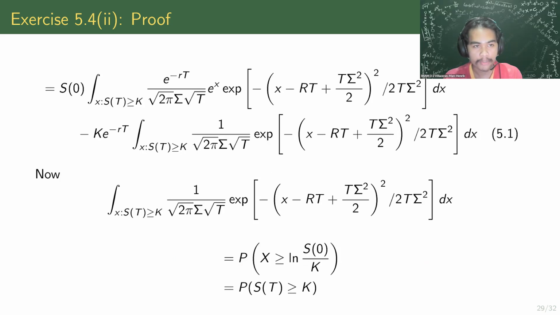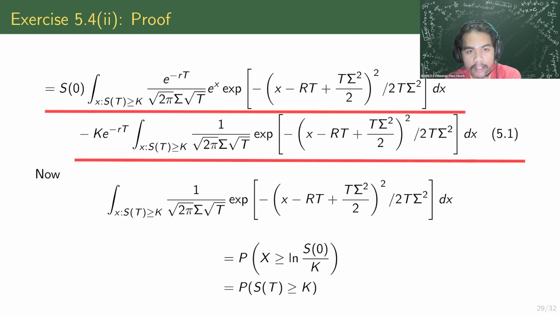Continuing from the last slide, which is equal to S(0) multiplied by the integral over the region S(t) ≥ K of e^(-rt) over √(2π) σ√t, multiplied by e^x times the exponential of -(x - (rt + tσ²/2))² over 2tσ² dx, minus K e^(-rt) multiplied by the integral over